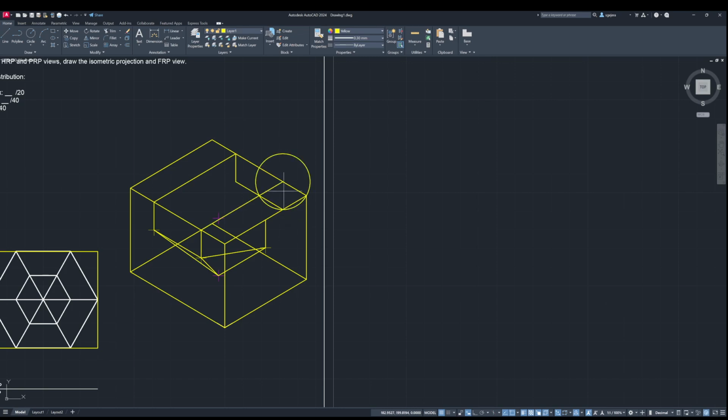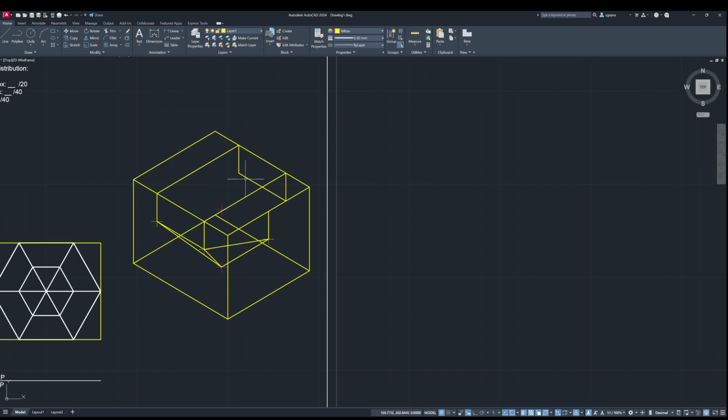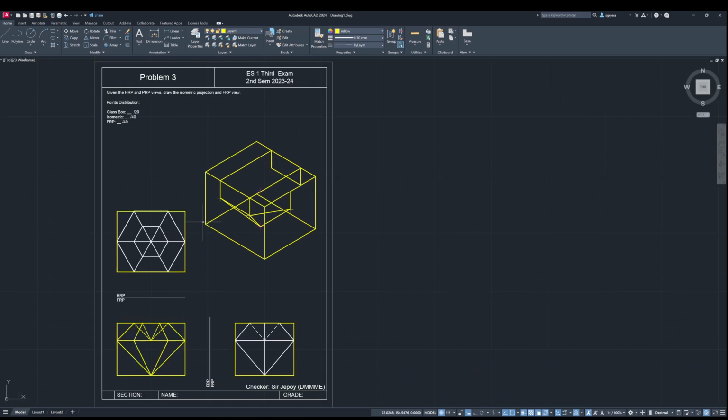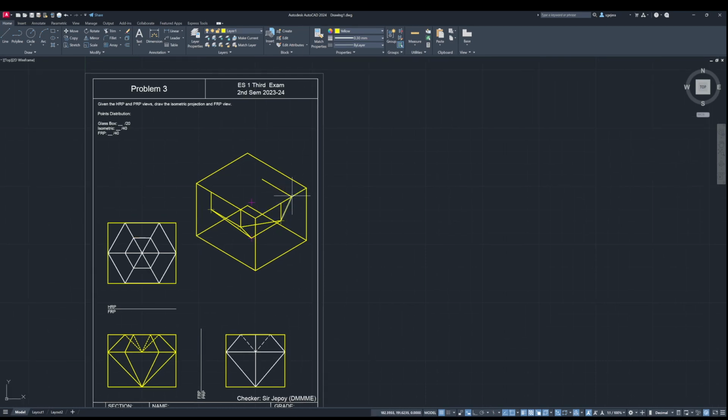And it meets here, no? Like so. So, ito siya. Ito naman yung sa back side naman. Right? So, ito. And we can remove the guidelines first, no? Ito. Tapos, this point right here connects to this point, tama? Which is this line right here. So, we can connect. Ito. Tapos,